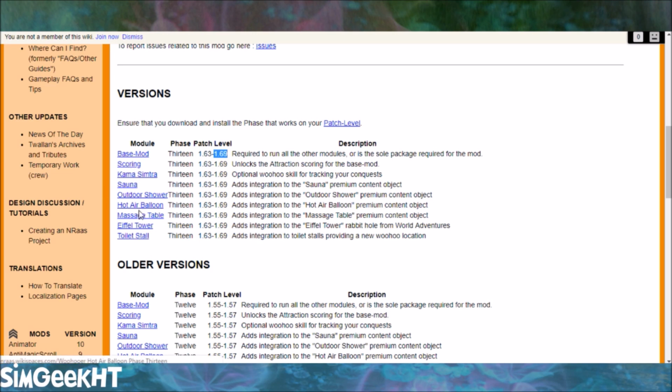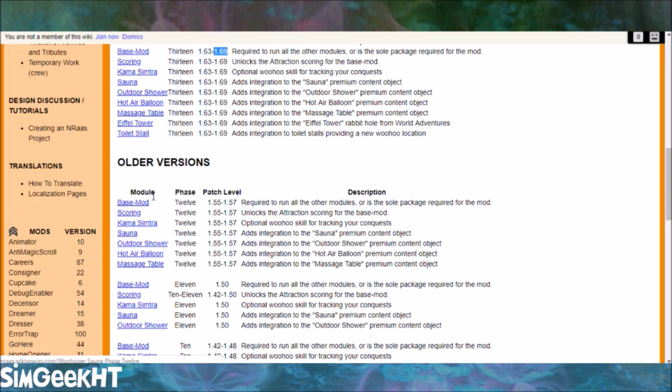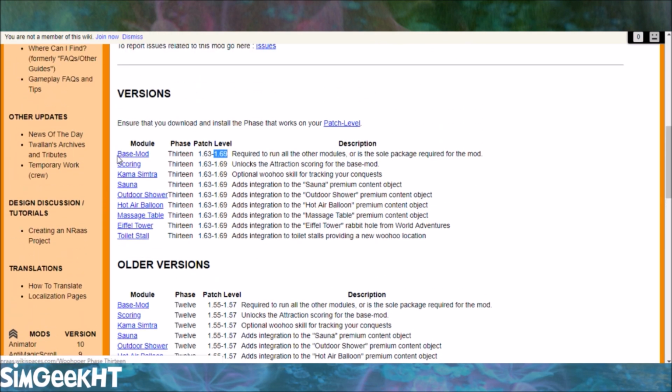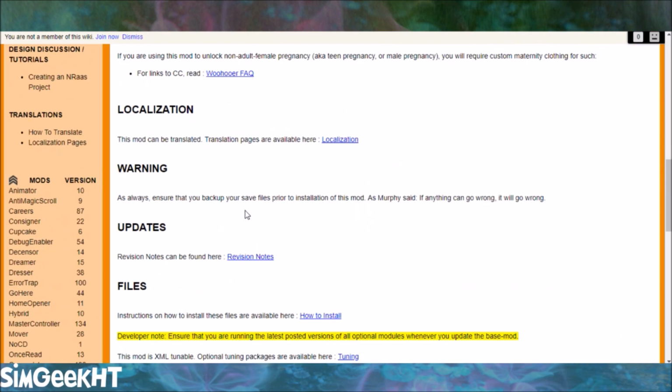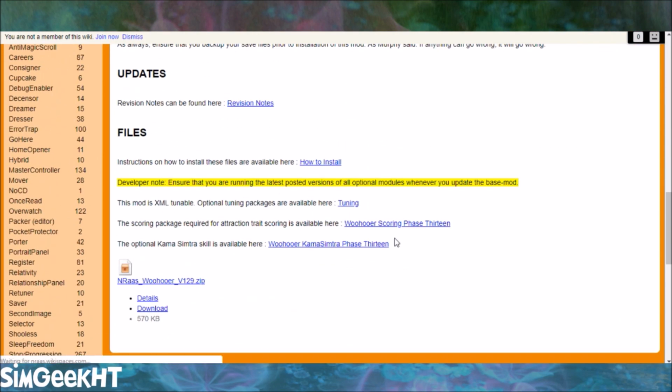These are all different downloads that you can put into your game, but you want to download the base mod for all of these to work if you want these in. So you can download all of these ones, but to download the base mod you just click onto the base mod, make sure it is the right version, and you just want to scroll down and just click the download